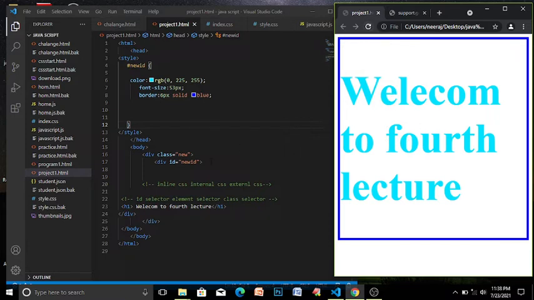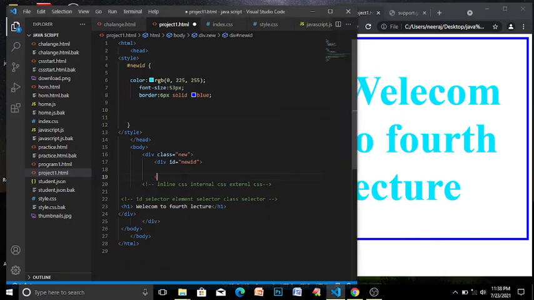But let's differentiate. What is the use of an ID? When you make multiple programs or a large program, then we need to make IDs, classes and elements too, to select multiple parts of the HTML and apply different properties on them. Let's make another p tag and write something new. Let's see what happens.